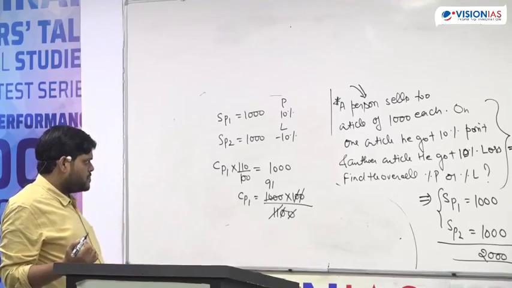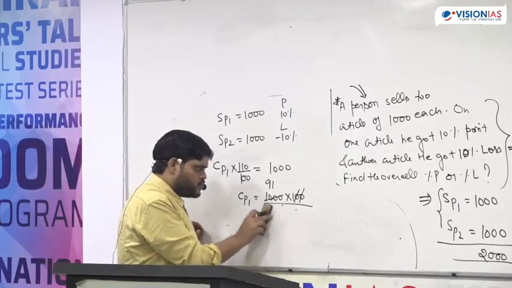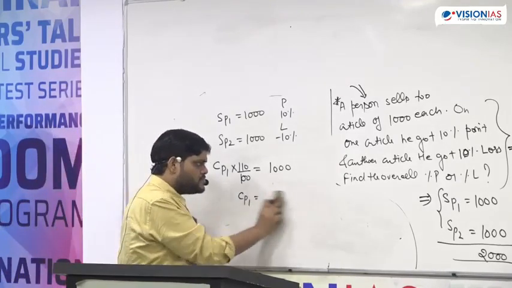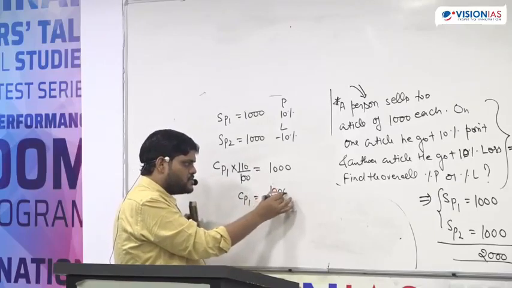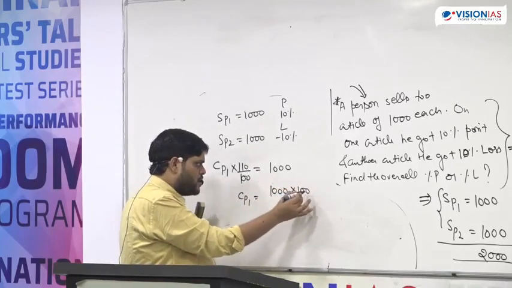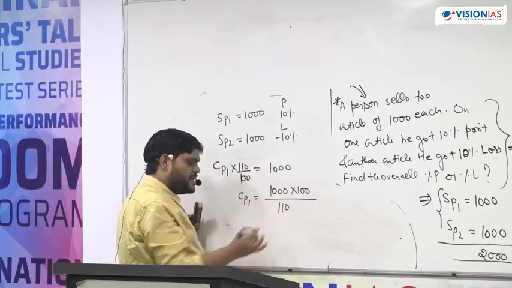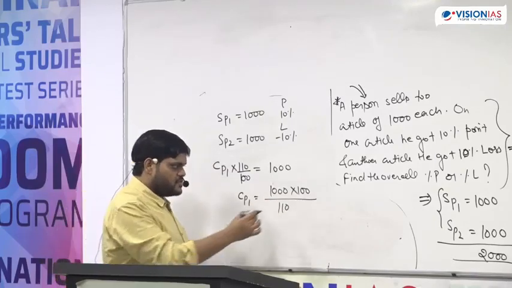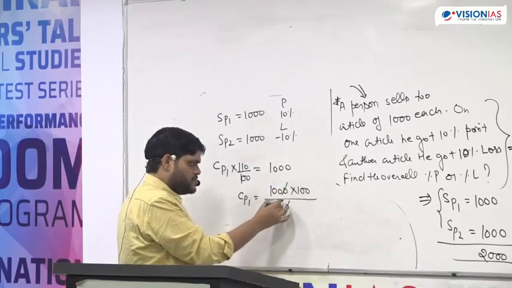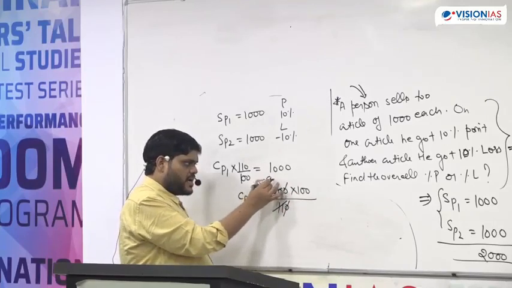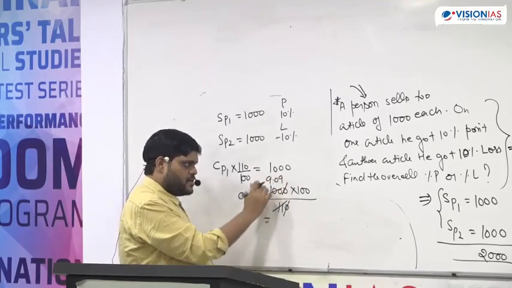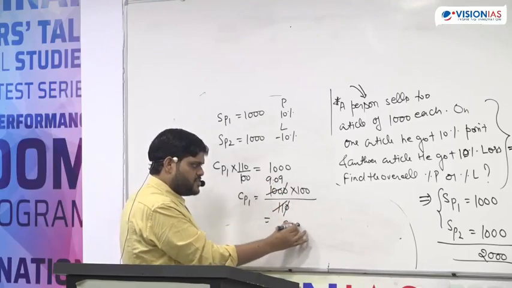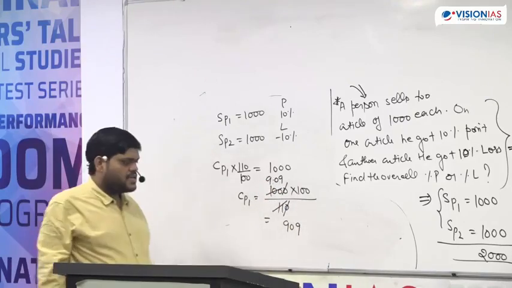Just a minute. Okay, I have taken 20 here. Wait. 1000 upon 110. I have taken one extra 0. That's why there is a confusion. 9.09, and this will become 909. Okay, this will become your